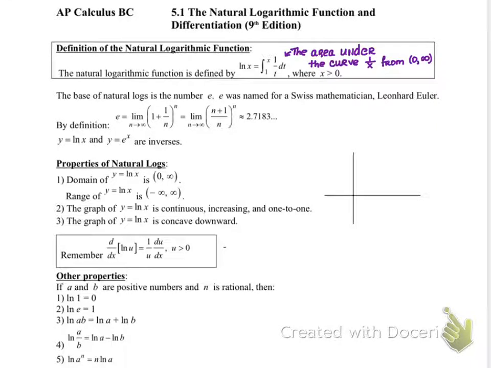Hey folks, onwards and upwards into the natural logarithmic function and differentiation. By definition, a natural logarithmic function is defined to be the area under the curve 1 over x from 0 to infinity, not including 0. And we do not include 0 because